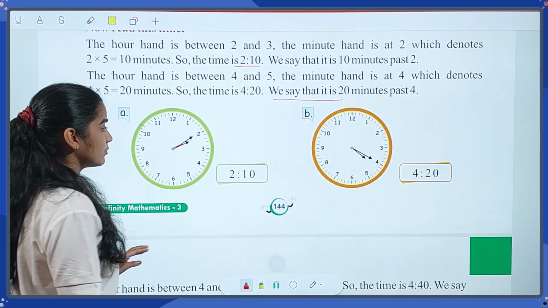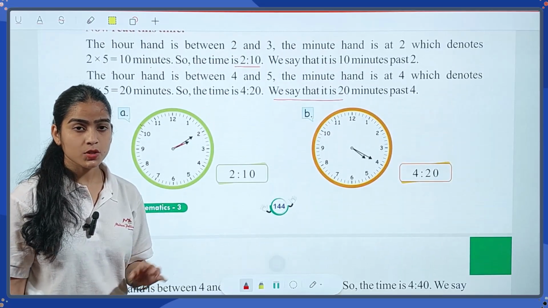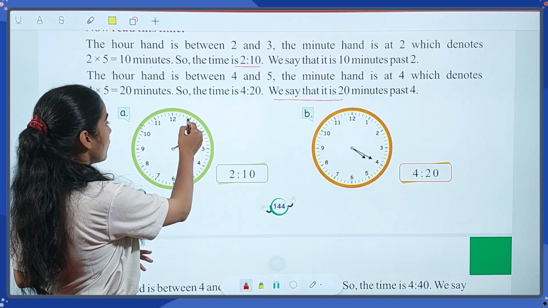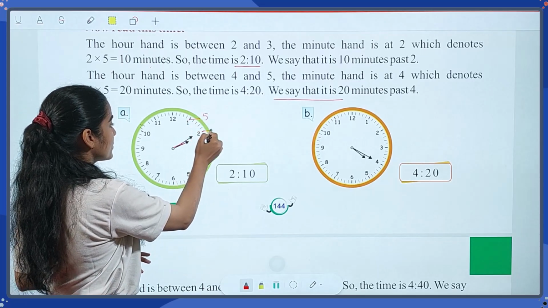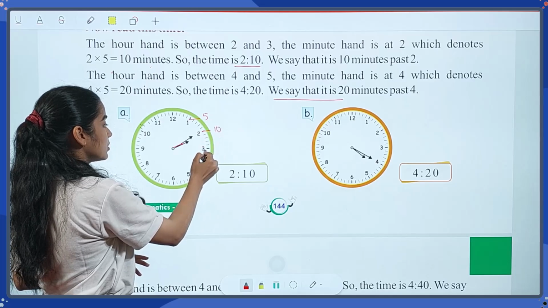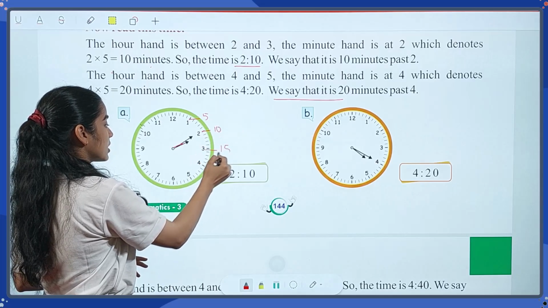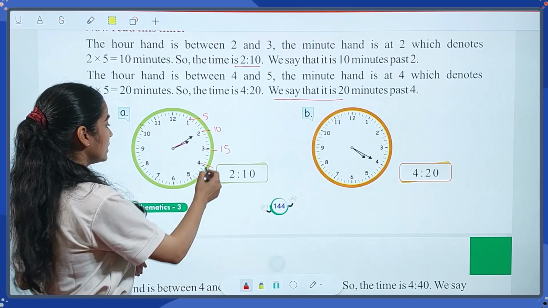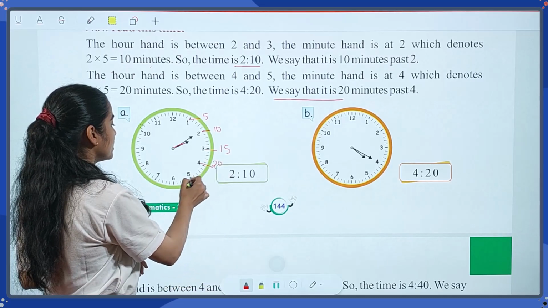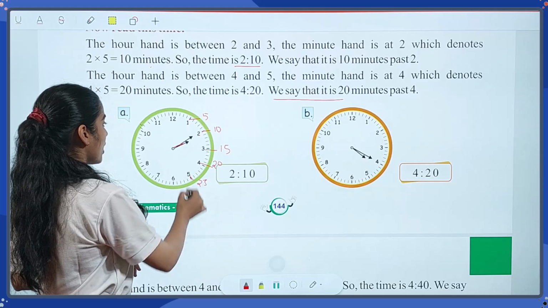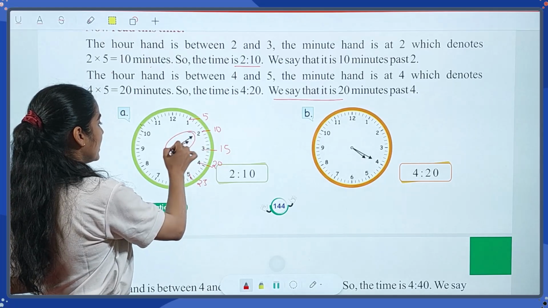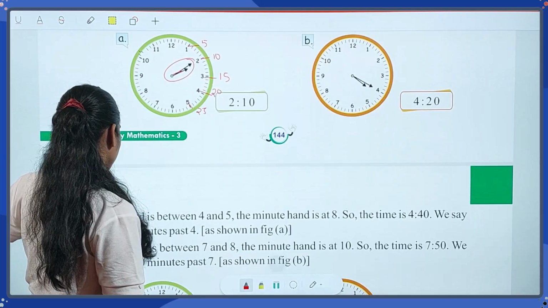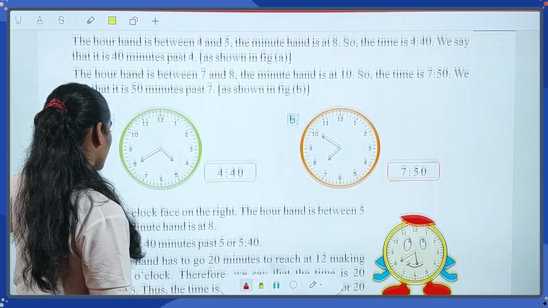Students, what you have to remember: these numbers 1 to 12, what do they denote? You have to read the table of 5. 5 ones are 5, 5 twos are 10. So this means you have to just continue counting. You can also skip count 5 by 5, and you can take your table of 5: 5, 10, 15, 20, 25. If you have your minute and hour like this, it means this is 2:10. Okay, 10 minutes past 2. You can also say this.